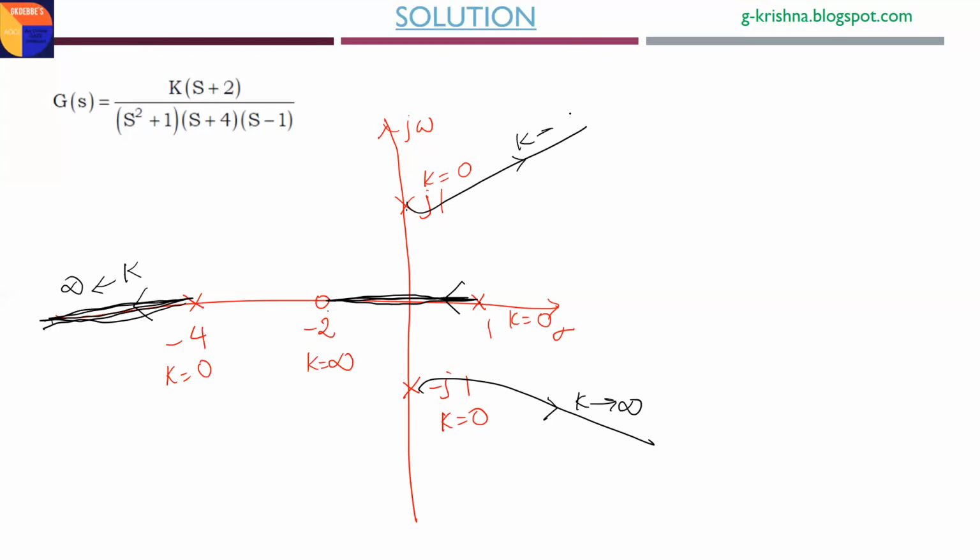Now, definitely, if you see here, for one particular gain the branch going like this will cut here. For one particular gain, let it be Kc. For K less than Kc, you can clearly see that there will be 1, 2, 3, this third root. All three roots will be in the LHP for K less than Kc. At K equal to Kc, one root is at the origin, which is marginally stable. Only for K greater than Kc do two roots lie in the RHP. Therefore, what is that Kc value?